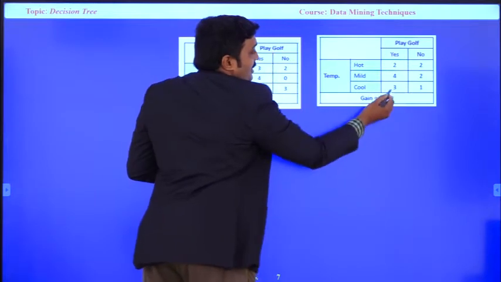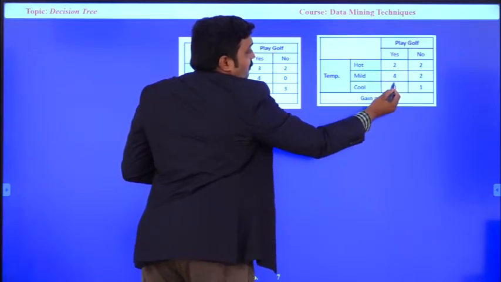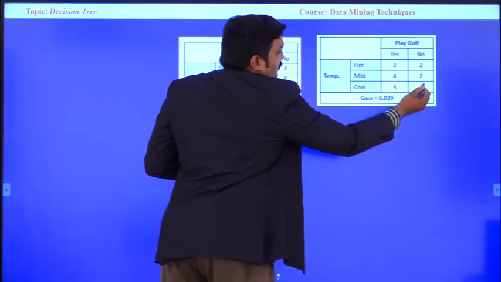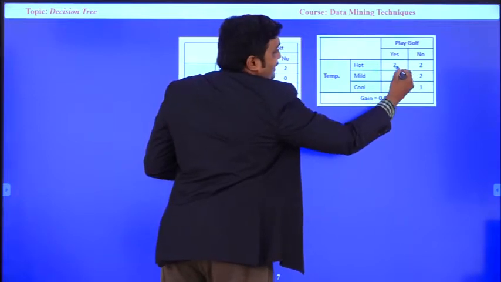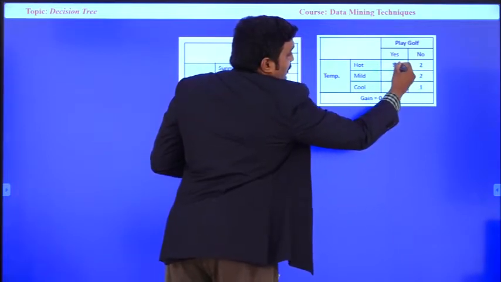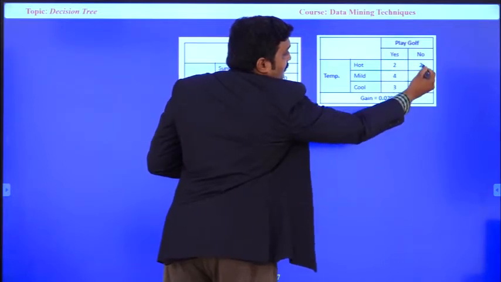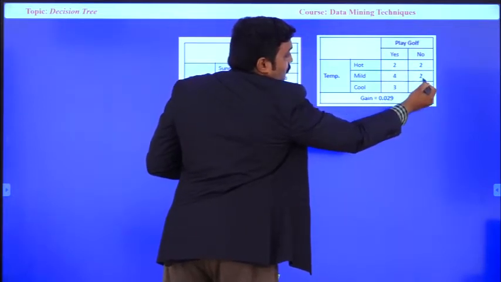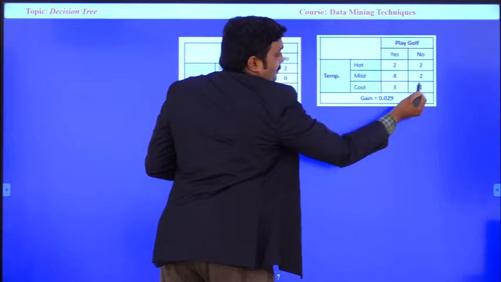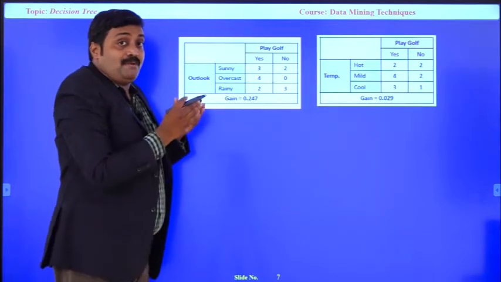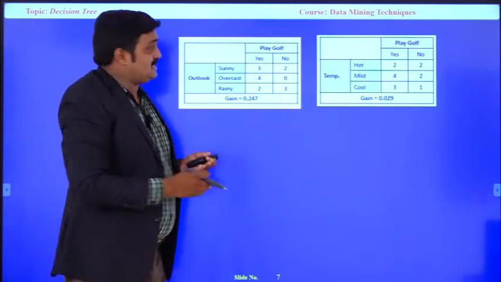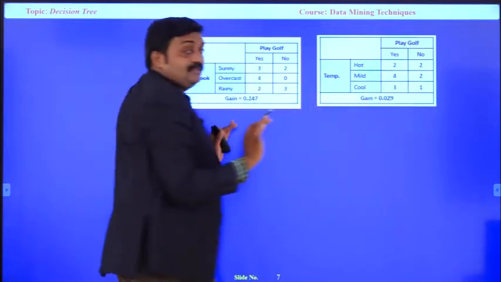For cool, 3 are going to play, 1 is not. Total records: 6, 3, 9, 11, 2, 13, 14. That matches the total of 14 samples.